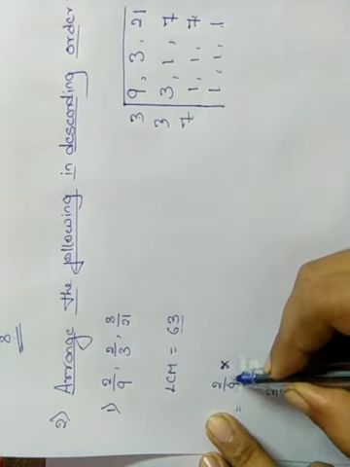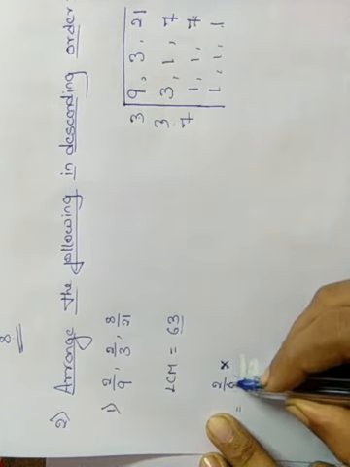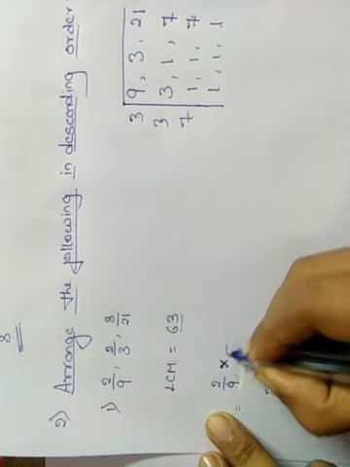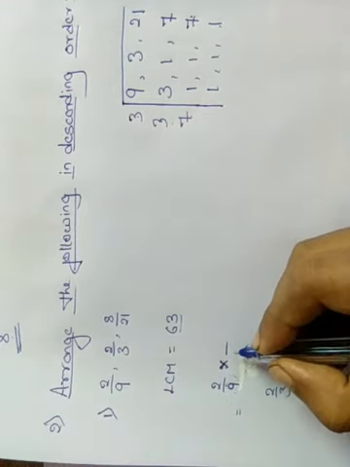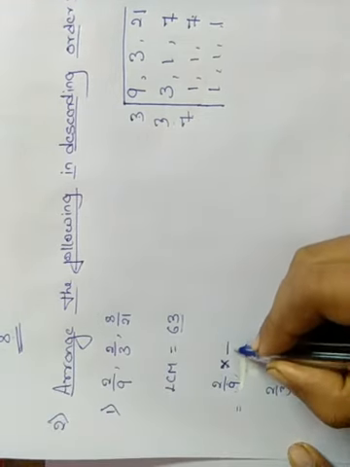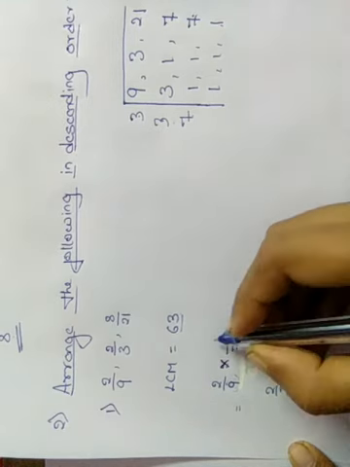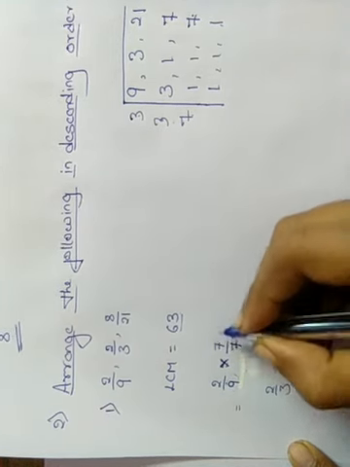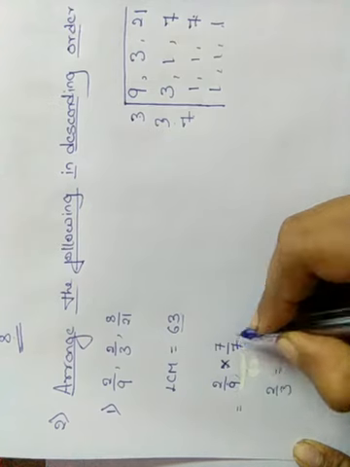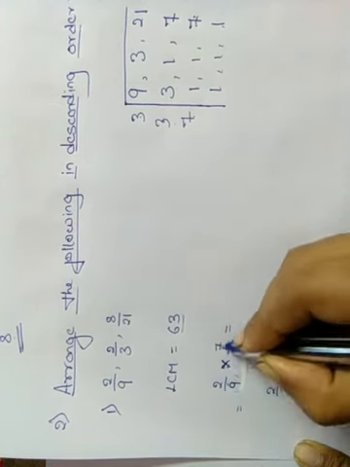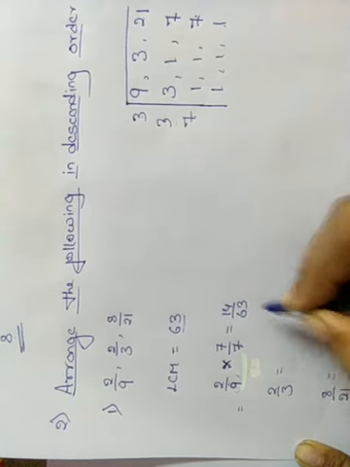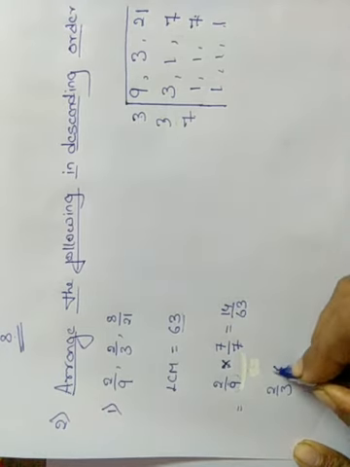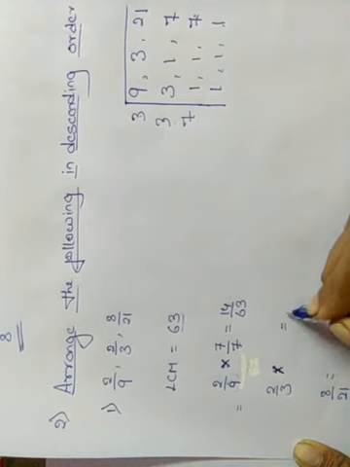63. Here to make the denominator value 63, I will multiply 9 by 7. How much will 63 get? 9 7s are 63. Again we have to multiply and divide by the same number here. So we'll get 2 7s are 14, 9 7s are 63. Yes. Similarly here also, or you can write like this also.